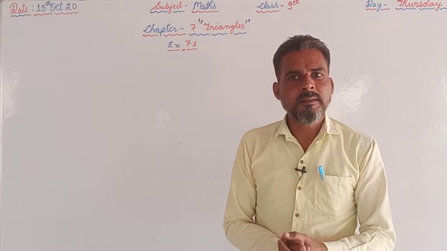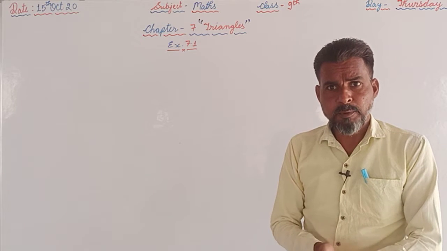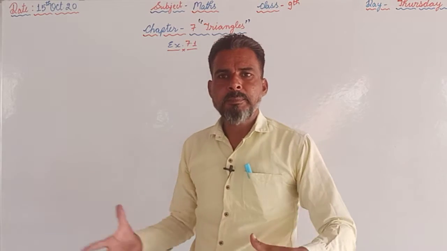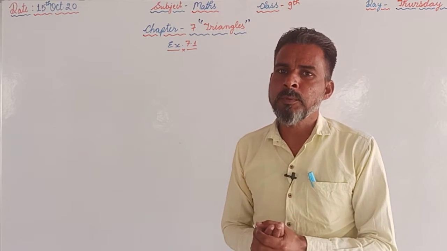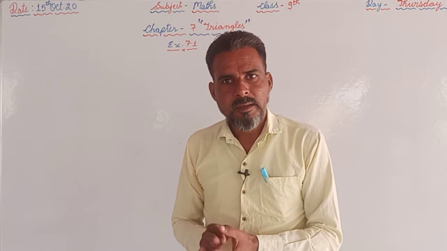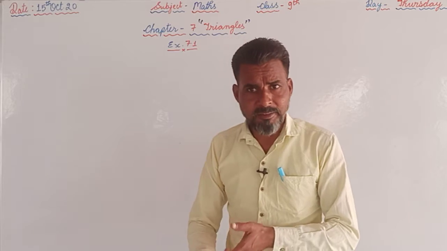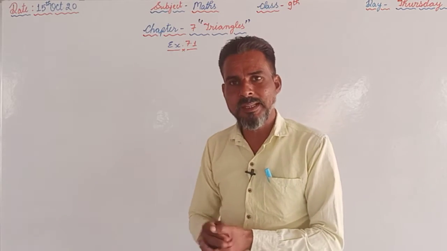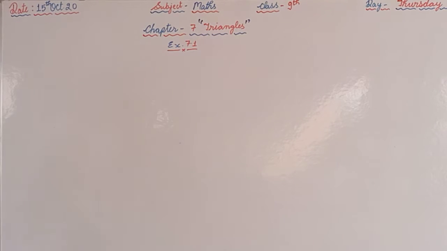This video is for class 9th and the subject is maths, and we are continuing the same chapter, chapter number 7, and the name of the chapter is triangles. In this chapter we are dealing with questions in which we are supposed to prove or show the congruency of triangles. For that we have already discussed how many criteria are there. 5 criteria are there. We are supposed to first of all assess which criteria we are supposed to use in that particular question. Some of the questions we have already completed in the exercise 7.1.